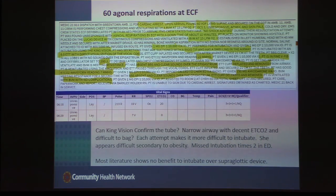All right, well, we have a lot of cases. Another agonal respiration from an ECF. And this lady, I think it's a lady, so we arrived, there's no shock advised, agonal respirations, downtime approximately 10 minutes, placed on the Lucas, started bagging,